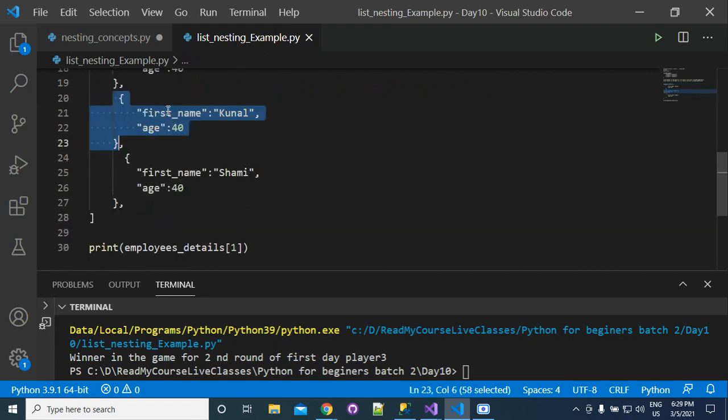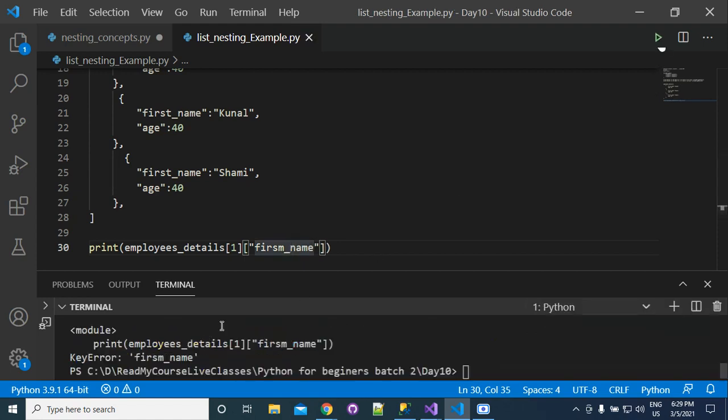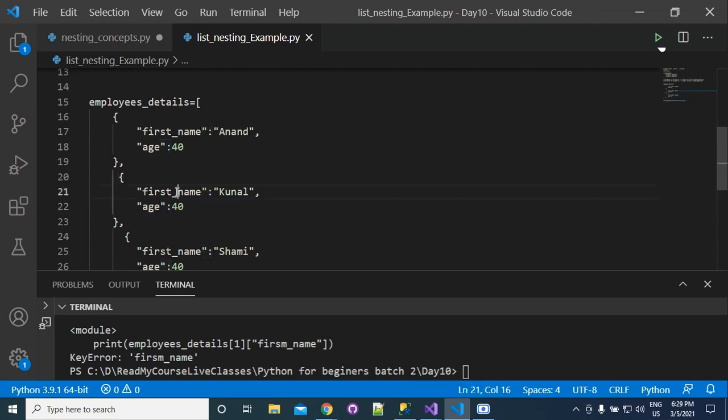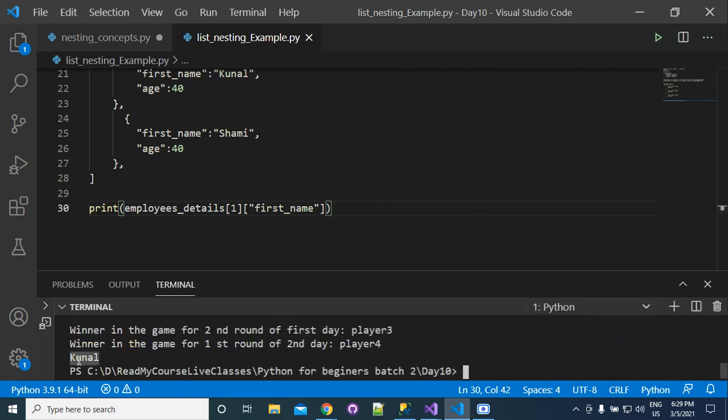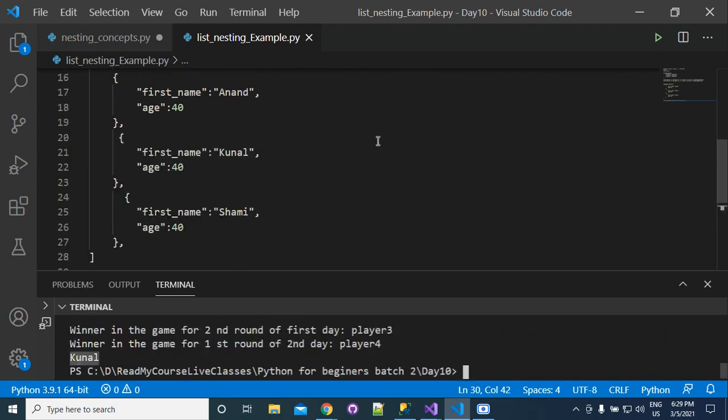So if you want to get the first name, then we will write here first name. If you print, it is telling that first name is not present. You are getting Kunal. Is this clear, everyone?